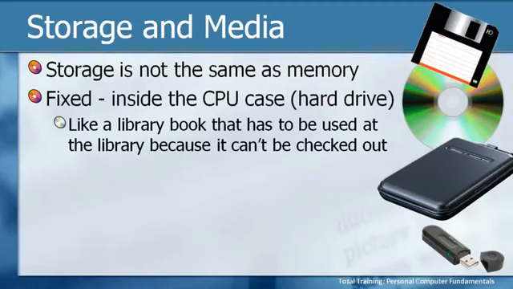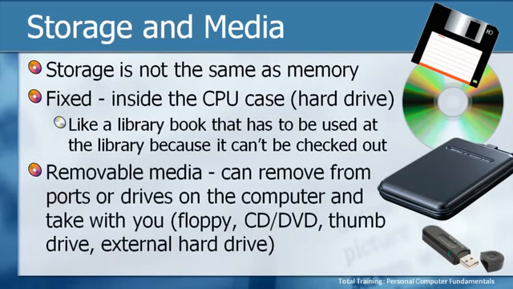Fixed is inside the CPU. For example, a hard drive is an example of a fixed drive because we can't take it out and move it. It's kind of like a library book that has to be used at the library because it can't be checked out. The other type that we have is known as removable media,